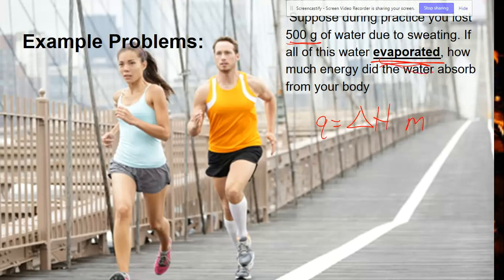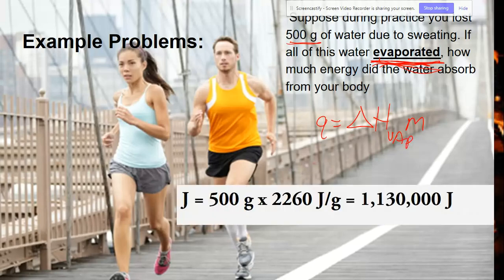And the H we're going to use, since it's evaporating, is the delta H vap. So 500 grams times 2260 joules per gram. This number will be given as the delta H vap. I will tell you that on any test or quiz that the delta H vap is 2260 joules per gram. So that means multiply it by grams and you can get joules. And that's how many joules, 1.1 million joules of energy are taken away from your body when you sweat, ideally,